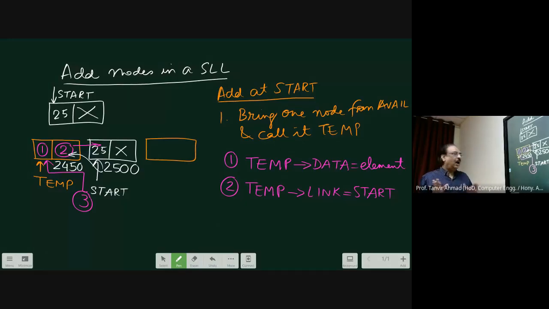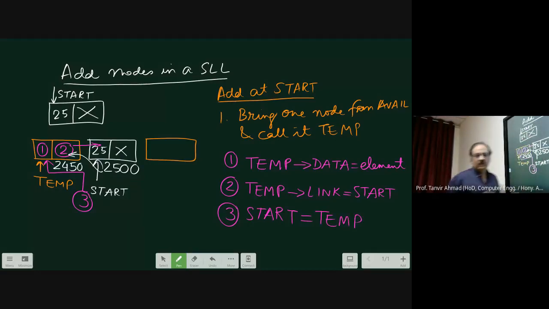That means this is going to copy over here. And then I have to shift start from the present node to the previous node. That means what I will do, I will be writing the third one. Start is equal to 10. That means now start was containing 2500.